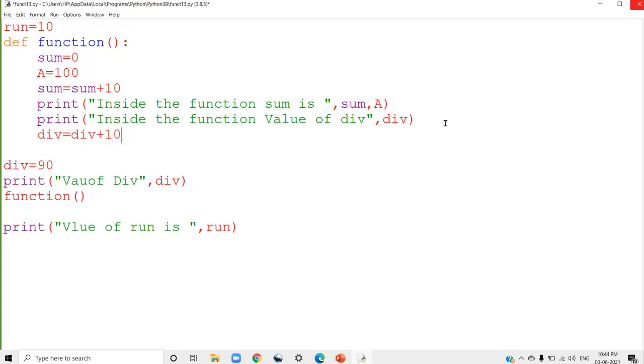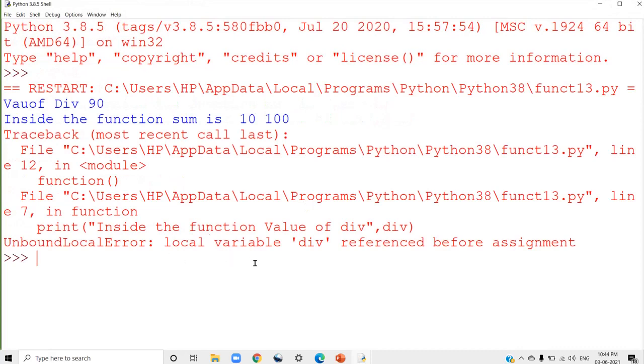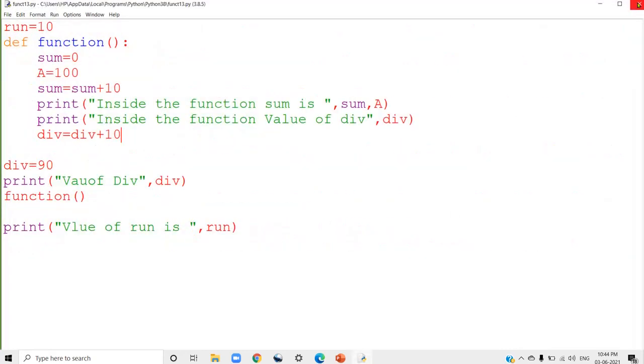That means I am trying to change the value of div. Div is a global variable that can be accessed, that can be used, but we cannot change its value. Just run this program. We are trying to change the value of div, that is a global variable. It's showing the error message, local variable div referenced before assignment. Means div is not changeable. Div is a global variable which cannot be changed inside the function scope.